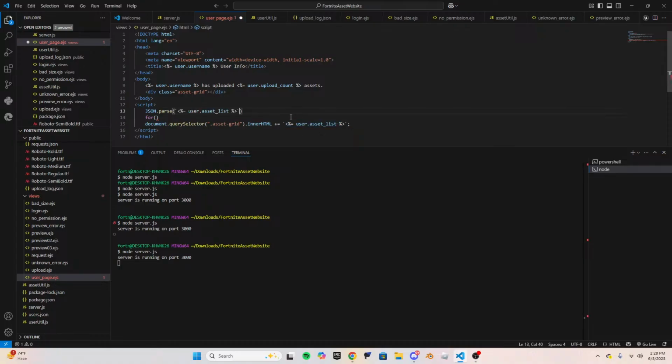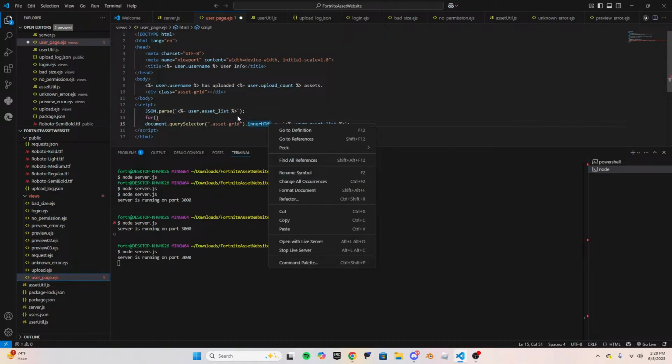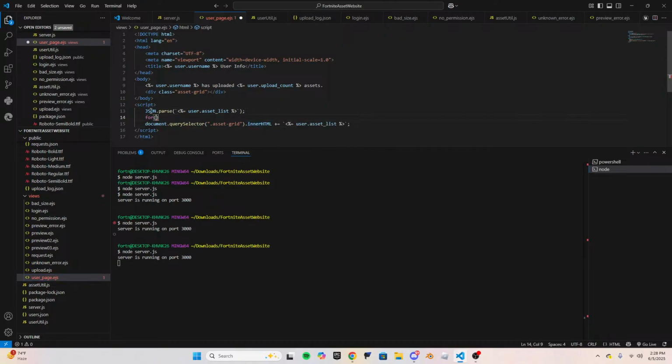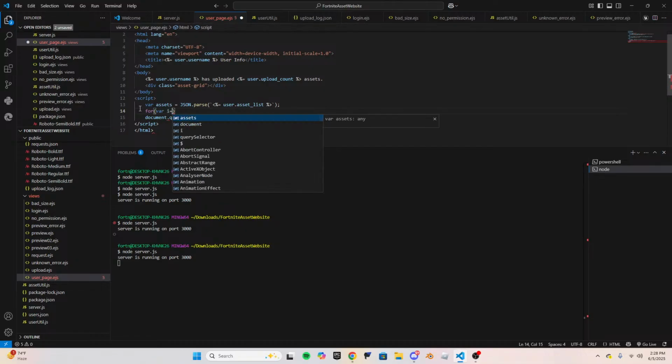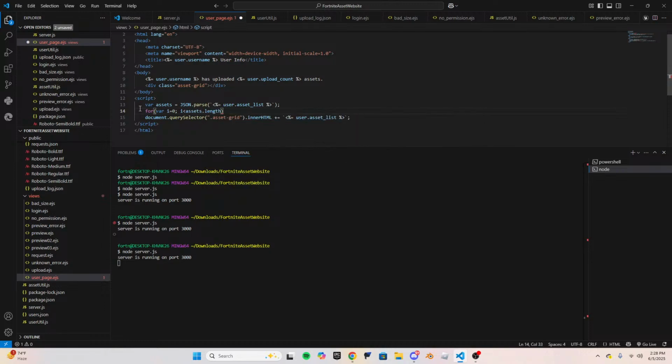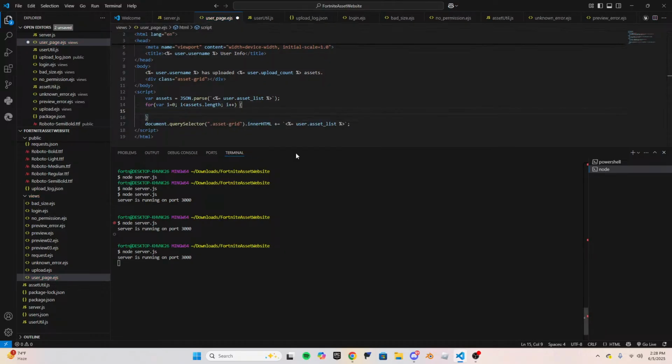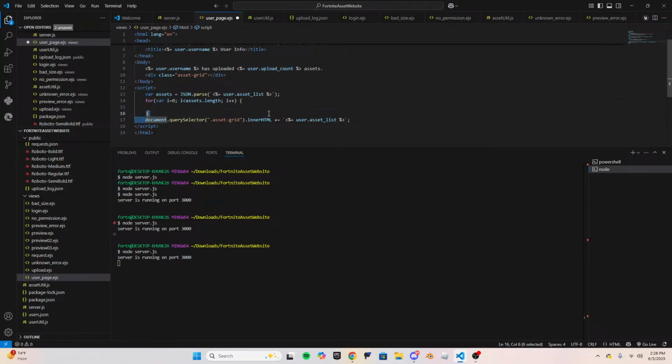So let's do var assets equals, for var I equals 0, I is less than assets dot length, I plus plus, and we'll do this, and then we'll do document dot query selector,